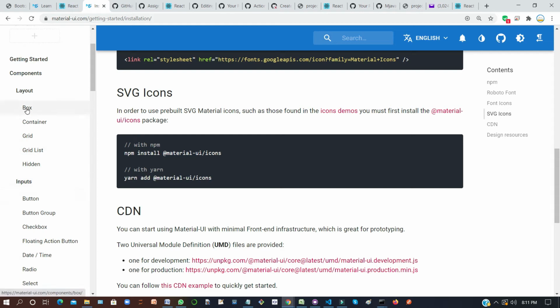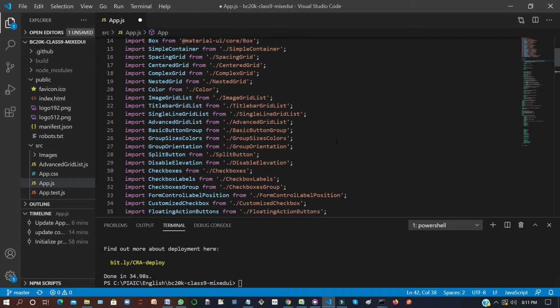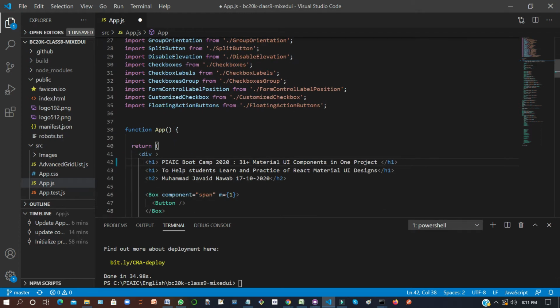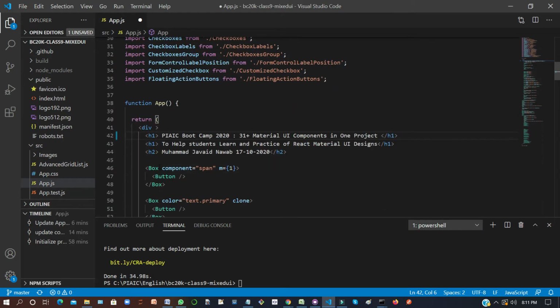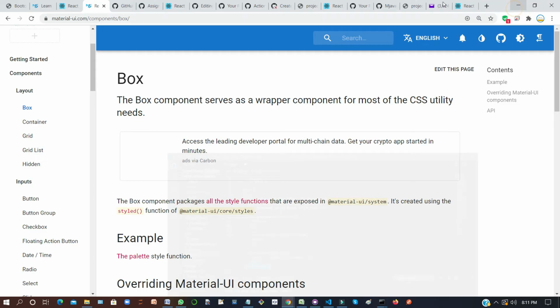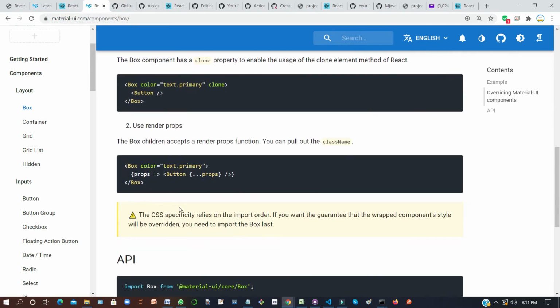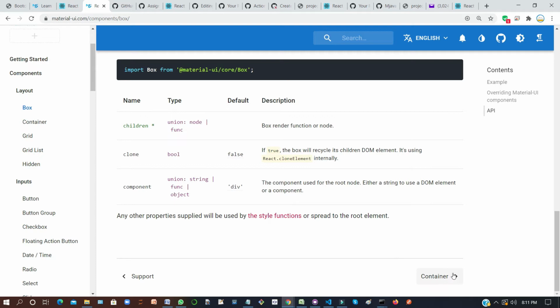So suppose there is a box. In my app.js file you will see the headings, you will see the box, and you will see another box, a third box, then home icon. If you go to this example, the box, I copied there, and there is the next container.